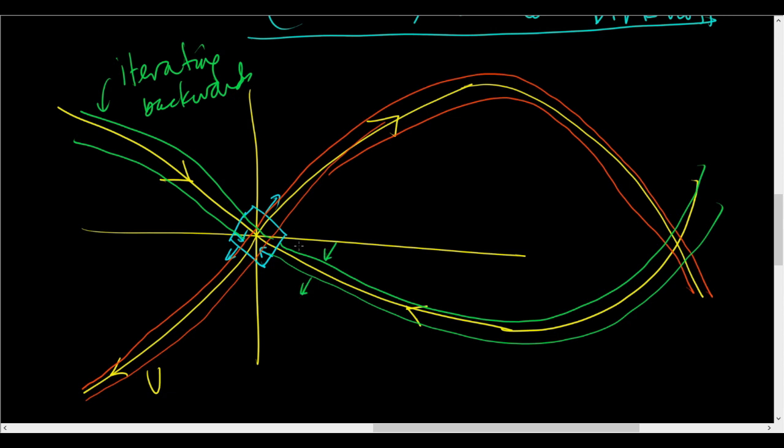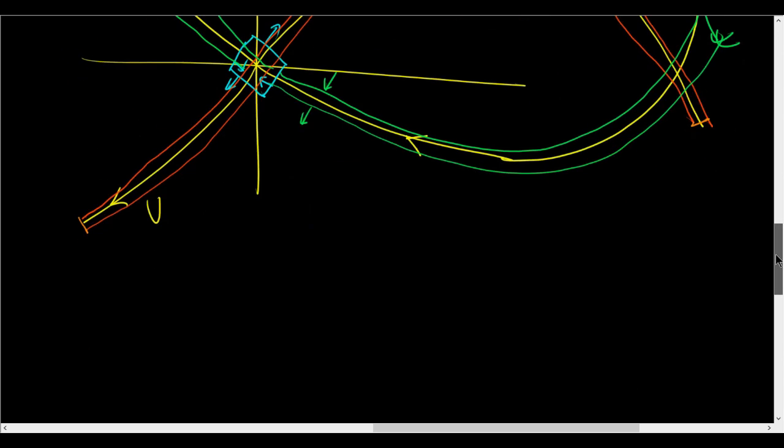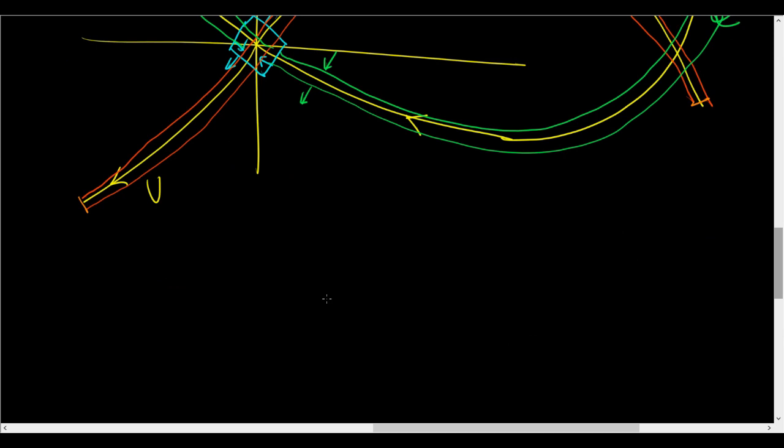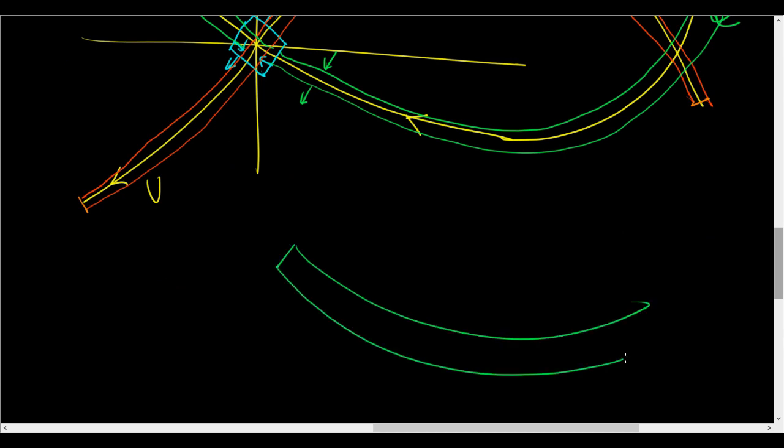Okay, and so now there is some finite number of backward iterations which will take you to this situation, and then from there a finite number of forward iterations will bring you to the blue, and then another finite number of forward iterations will take you to this red. And so there is a finite number of iterations that will take you from this green to this red,